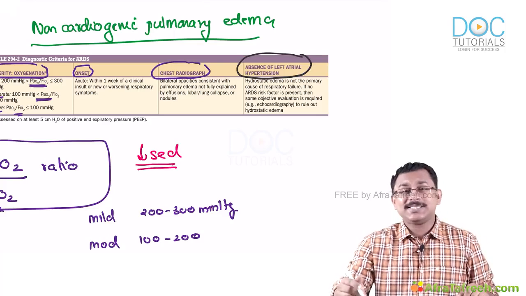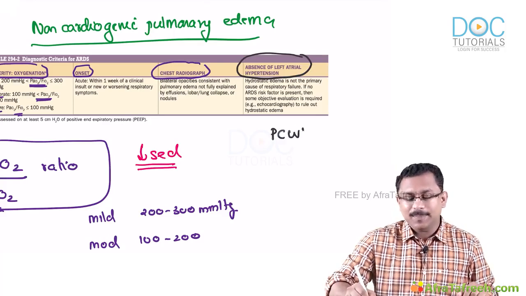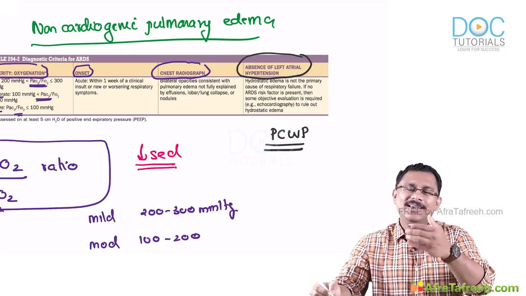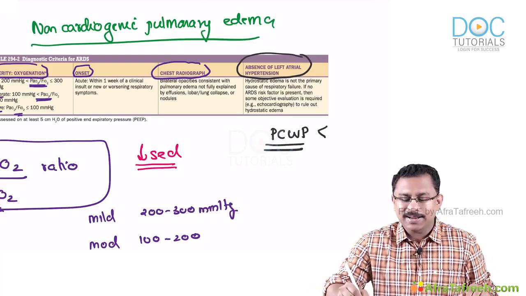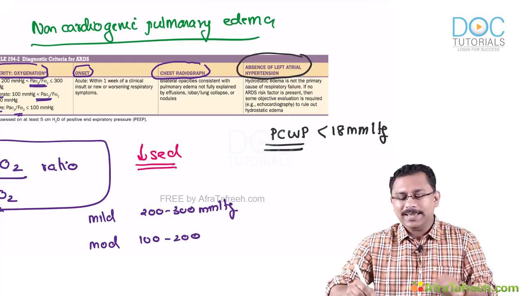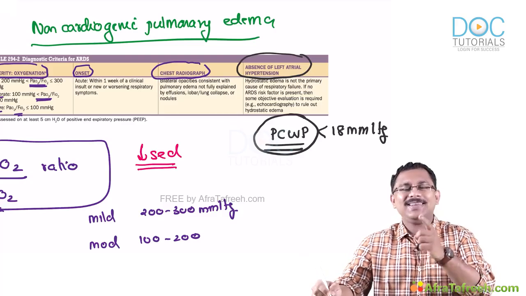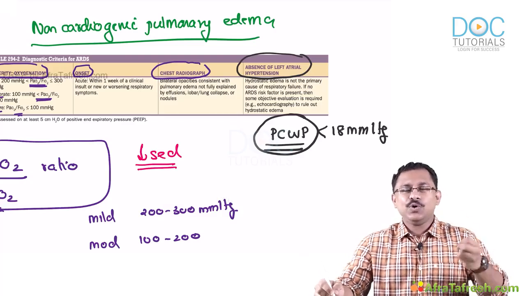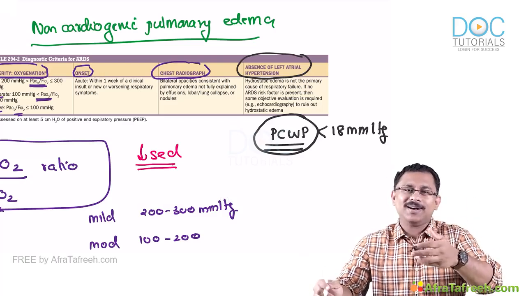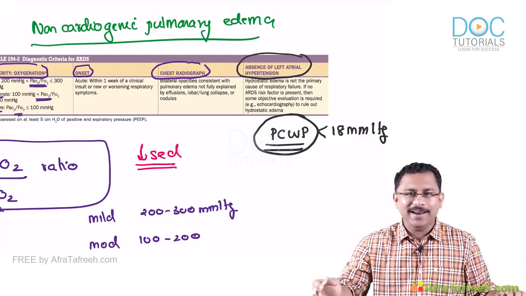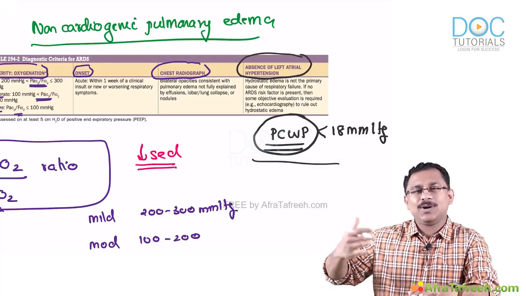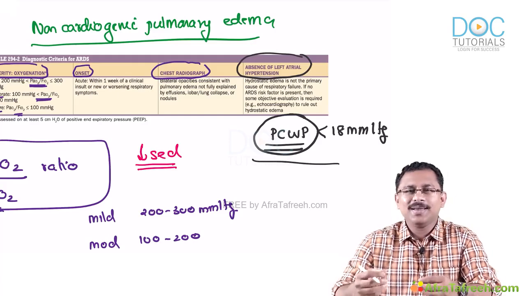In the previous version of this criteria, they had used the pulmonary capillary wedge pressure also, which is not included in the current criteria. The previous criteria said that the pulmonary capillary wedge pressure should be less than 18 millimeter mercury. You know that the pulmonary capillary wedge pressure is an indirect indicator of your left atrial pressure. So when the left atrial pressure is above 18, this could very well be because of a left ventricular failure resulting in a pulmonary edema. So you have got to rule out your hydrostatic causes, that is, an increased hydrostatic pressure, as can occur in case of cardiac failure.